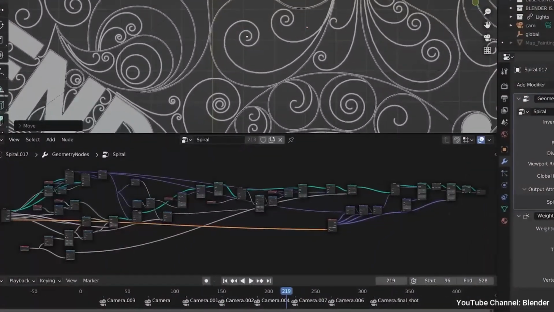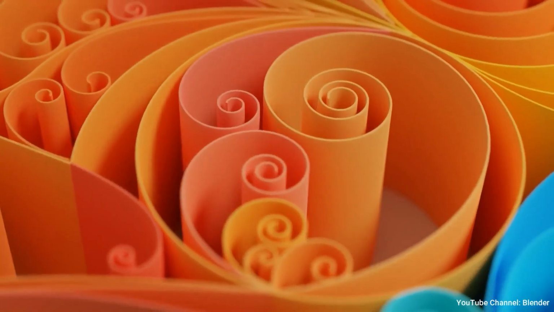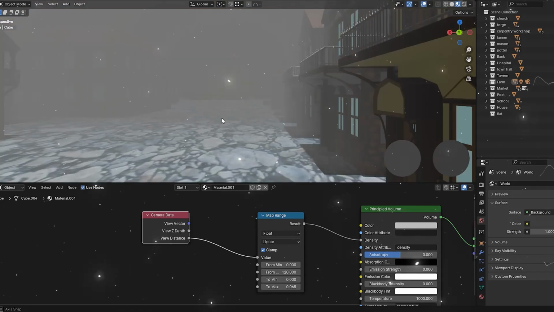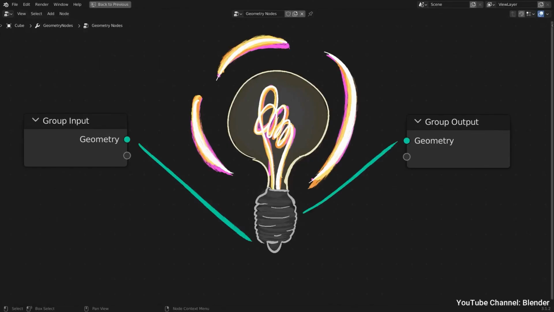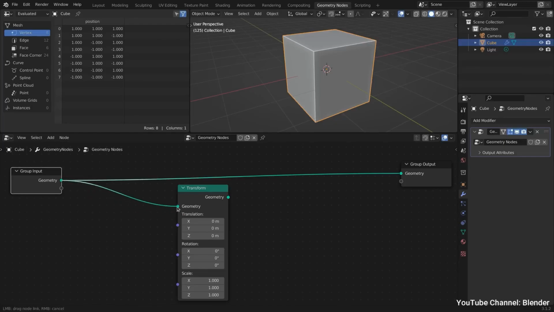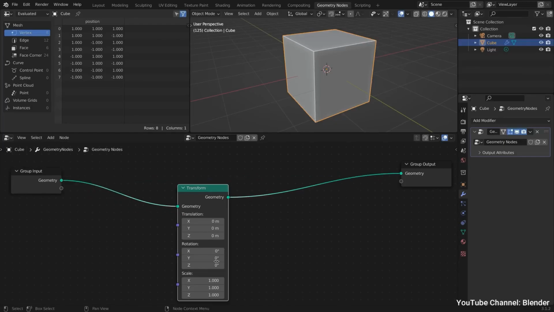Nodes are actually super powerful tools to make your creations even more awesome. In this video, we're going to break down nodes in a super simple way, no confusing jargon. We'll see how they're like building blocks that you connect to make amazing textures, materials, and effects for your 3D